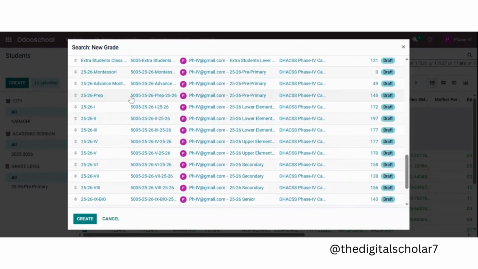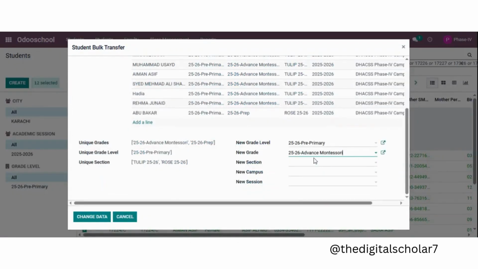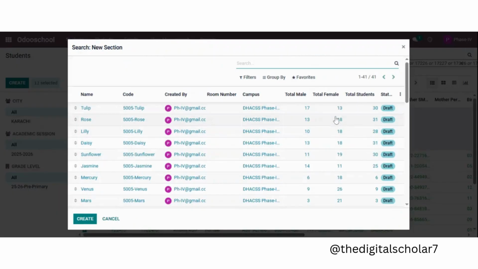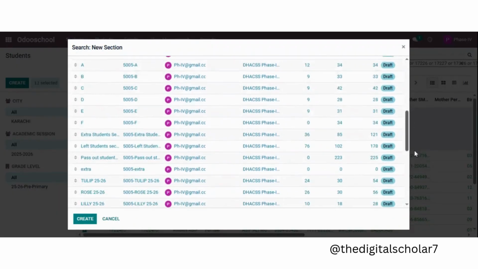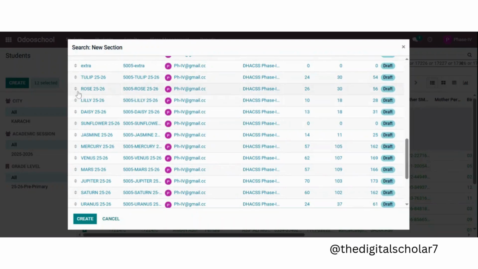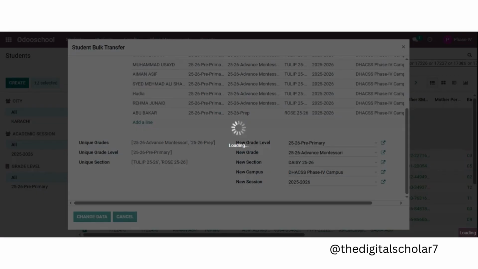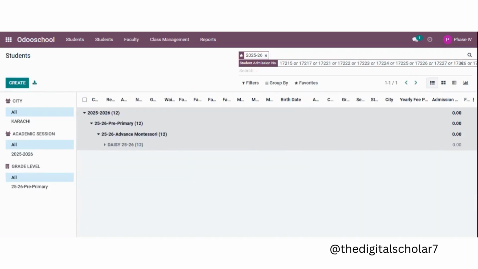Remember to search and click on the 25-26 session, section, grade level, grade, section, Daisy 25-26. Then select your campus, then select the session, and click on change data. This data will change into the provided data. The students will be transferred into the provided data.